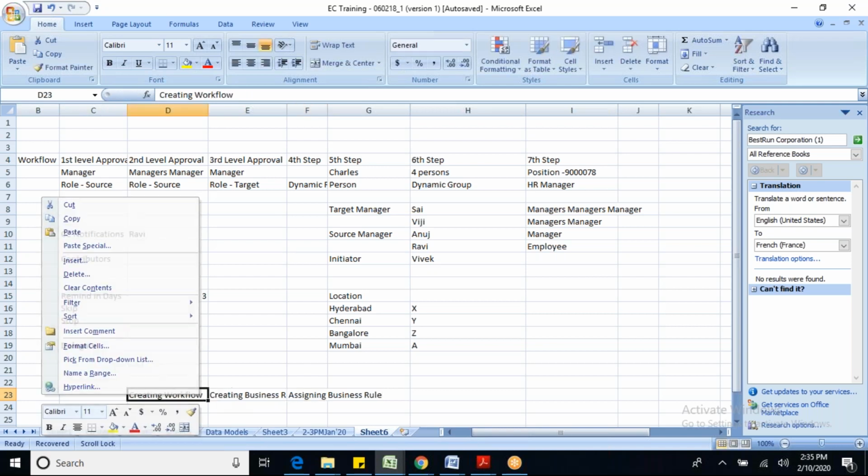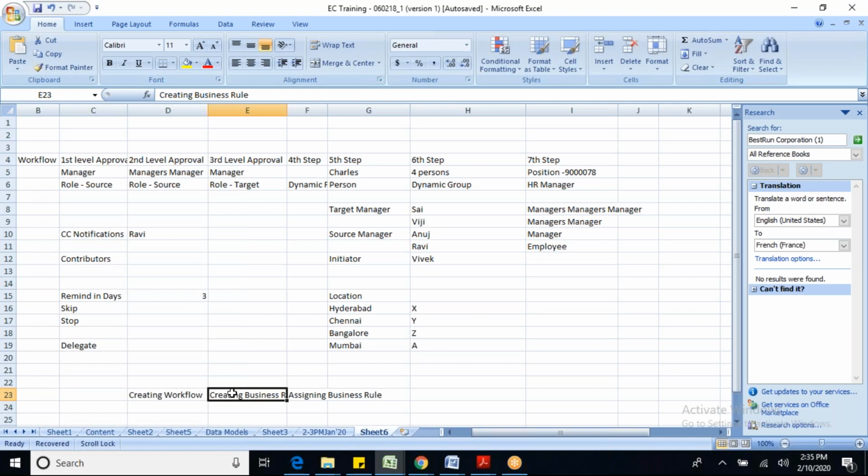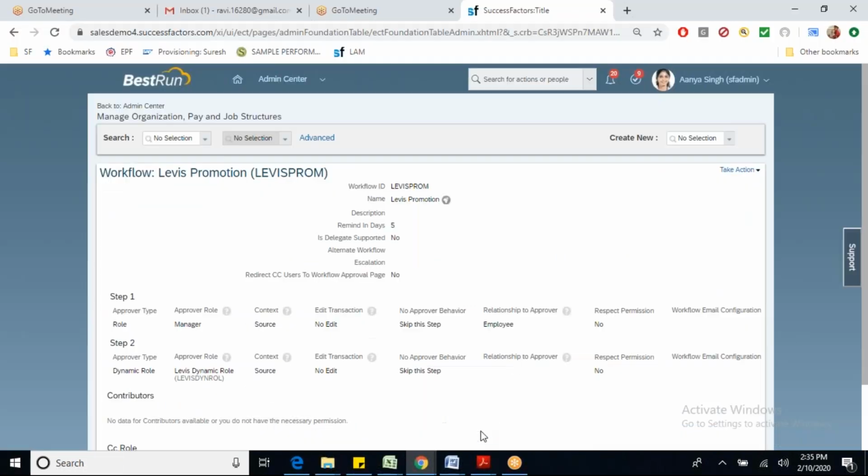That means we are only done with creating the workflow. Now, in the second part, creating a business rule, we need to tell the system when this workflow should trigger. For each and every event reason, we should tell the system when that event reason should trigger. Now, if you go and see for any employee, I have this employee.